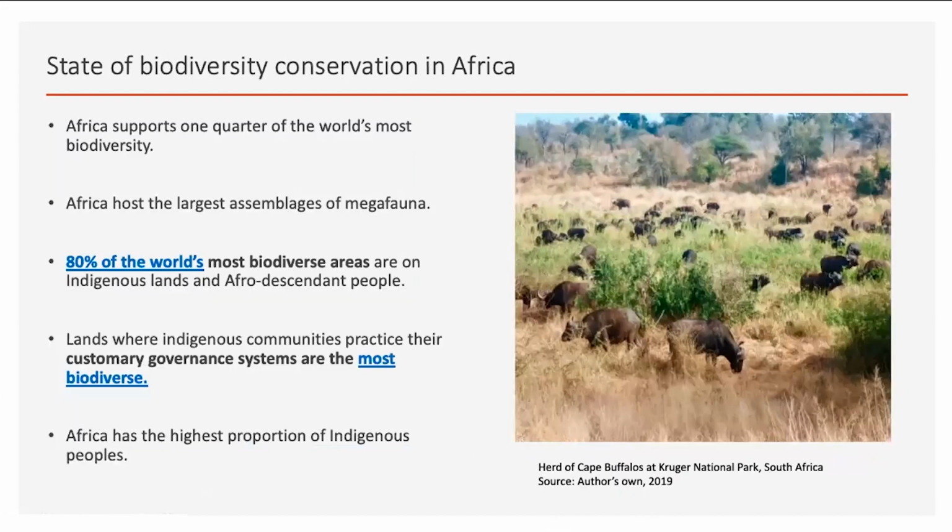All right, so that was really, when we talk about shifting ground from biodiversity to capital, right? A lot of these indigenous models, a lot of these community-based conservation practices are very much all about preserving the biodiversity, but also balancing that with their traditional livelihoods. But what is the state of biodiversity conservation in Africa? Africa still supports a quarter of the world's most biodiverse areas. Africa hosts the largest assemblages of megafauna, and 80% of the world's most biodiverse areas are in indigenous and Afro-descendant